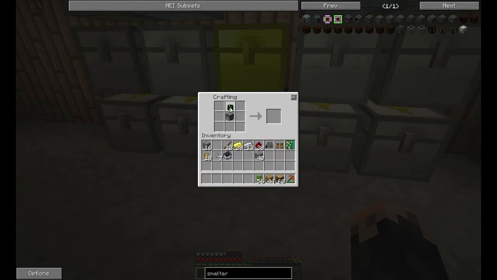PCB. So the smelter add-on, basically, it's going to be chopping wood. It's going to take a little bit of that wood and stick it in the smelter, turn it into charcoal, and run on that very charcoal. And so the last thing I want to get is called